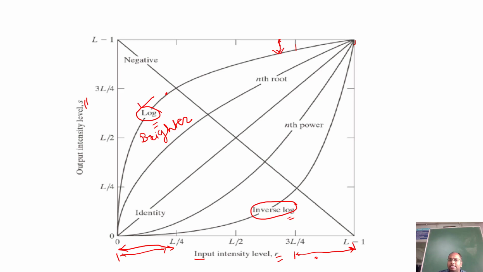Very slight changes in the gray level intensities take place in this range of intensities. The dark intensities have been mapped to somewhat brighter intensities.